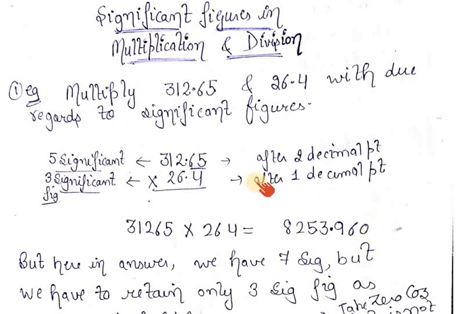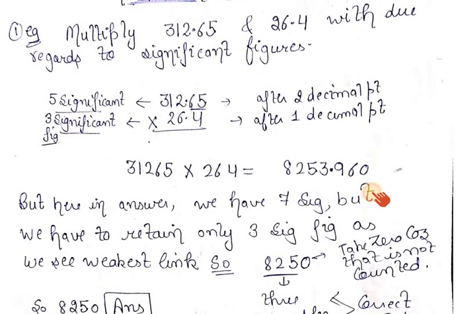But you will count now. There are two decimal digits after this decimal, and here there is one digit only, this 4, right? So there are 3 in total. You have to place a decimal, counting from the right, after 3 digits. So I will place the decimal here, right? 1, 2, 3. So this is simply mathematics, right? There is no physics rule till now. So you will get your answer 8253.960.